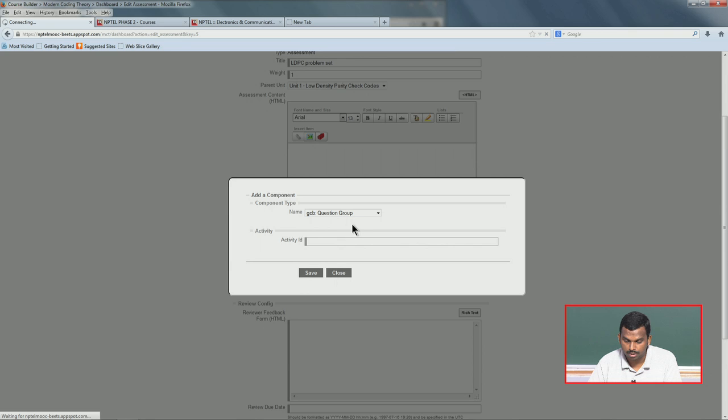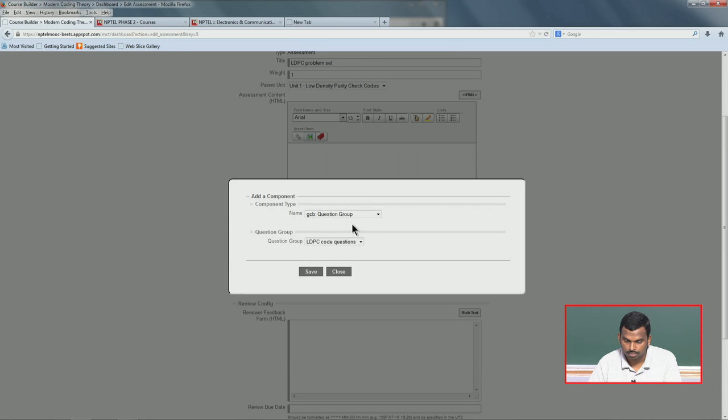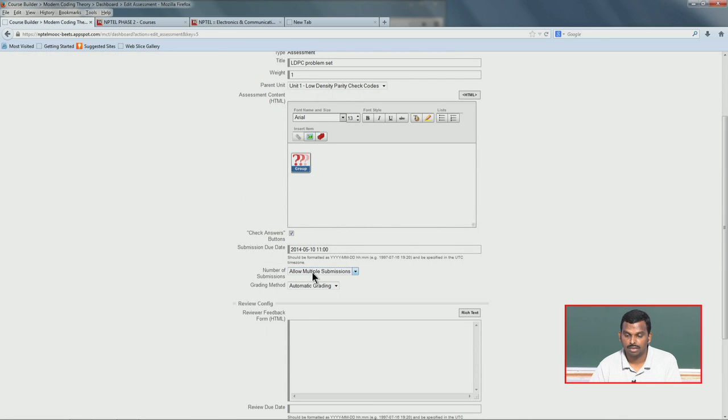Once you pick question group, all the question groups out there will show up and you can select one. In fact, we have only one question group, we did not create anything else, it is just LDPC code questions. So, you pick that. If you created multiple groups, all these groups will show up, you can pick any one of those groups. And then you say save. That is it, your group showed up there.